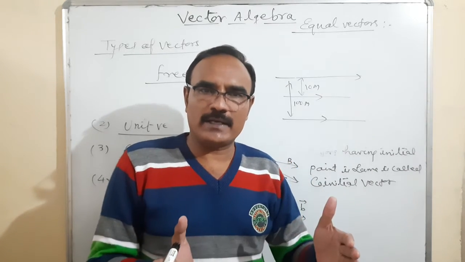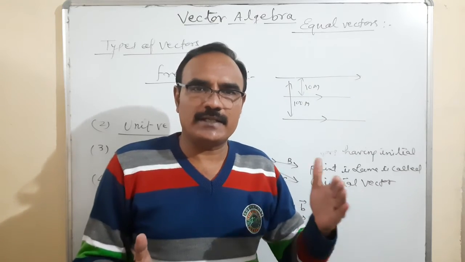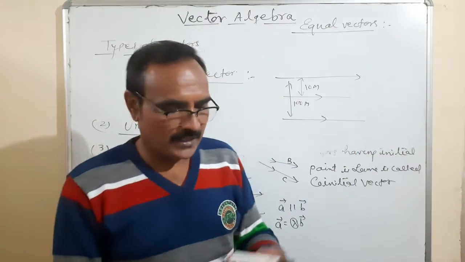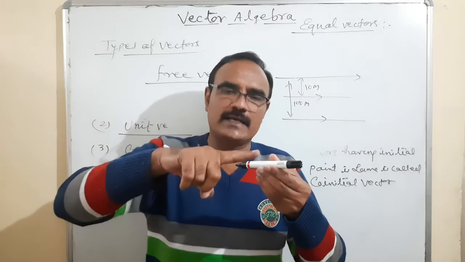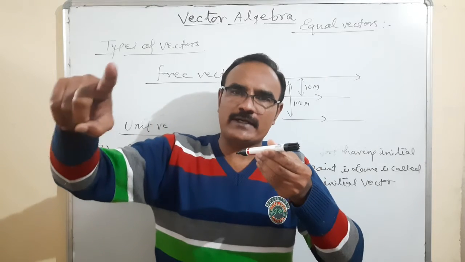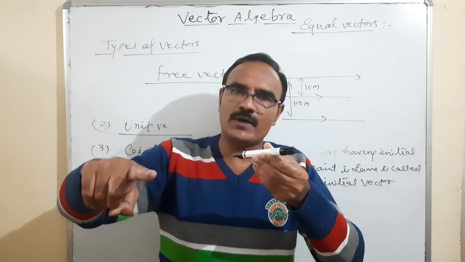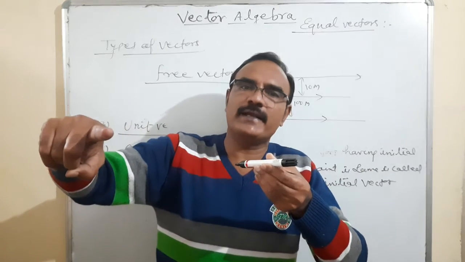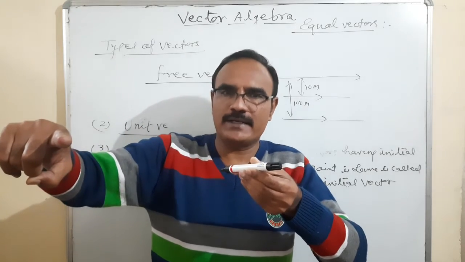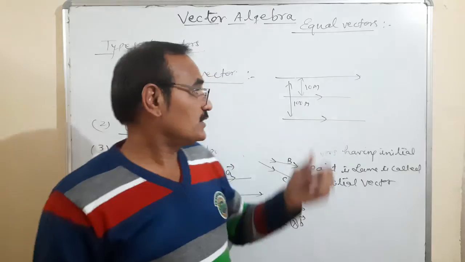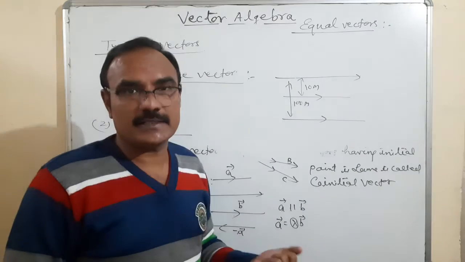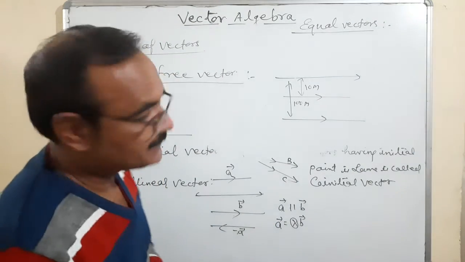Two or more vectors that are parallel to a given line and have the same direction, with only their displacement changed, are called free vectors in a space. For example, suppose this is one straight line, and this is a vector. The vector can go anywhere, but irrespective of that, its direction should not be changed, and it should always remain parallel to this line. If the parallelism is maintained like that, then we can say these are free vectors. That means they can be displaced, but they will not change their directions. It's called free vectors. Got it?